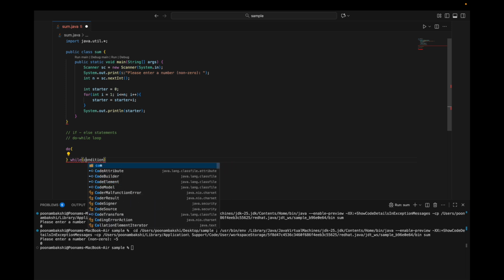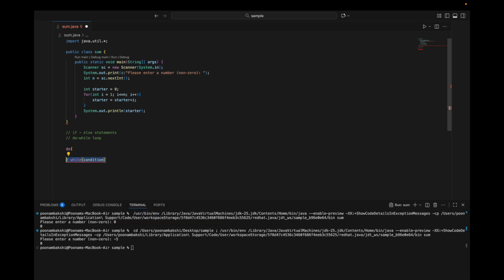Condition. So this is the condition. Basically, there are two keywords used here, do and while. As we know, while is already the loop which is used, and that's where the name comes from, do while loop. So in this loop, in the do keyword, or under the do bracket, we add a task or a series of tasks which will be carried out at least once,